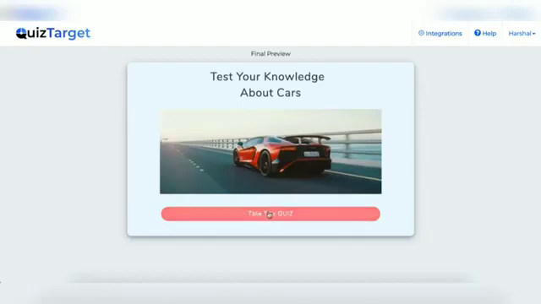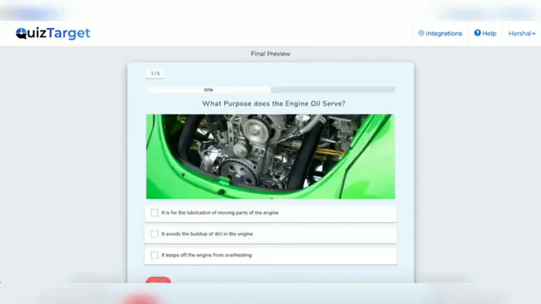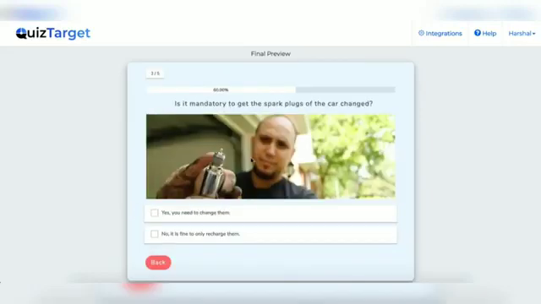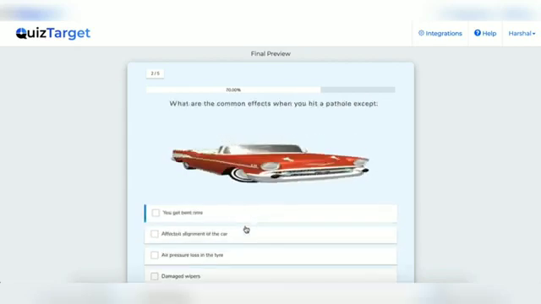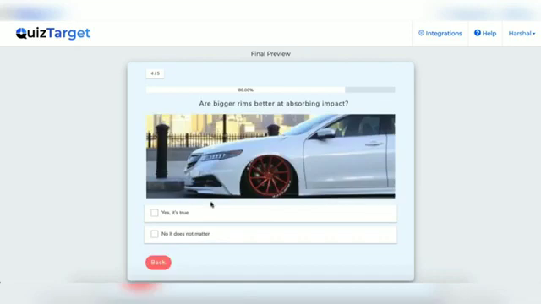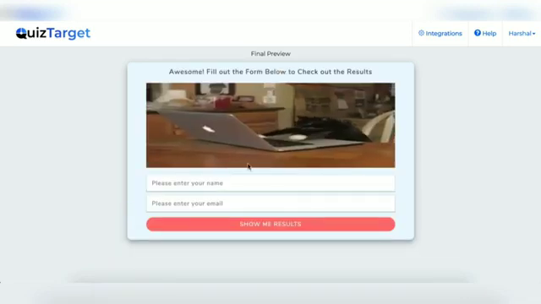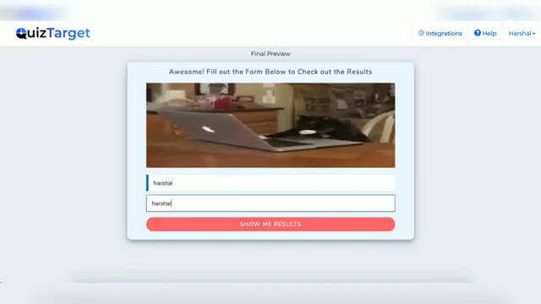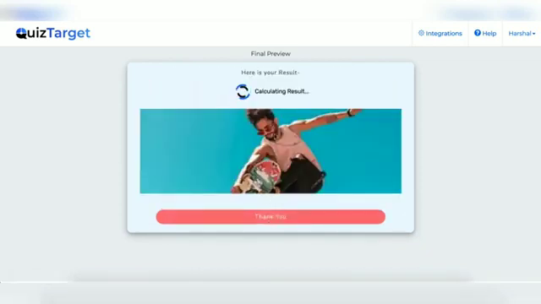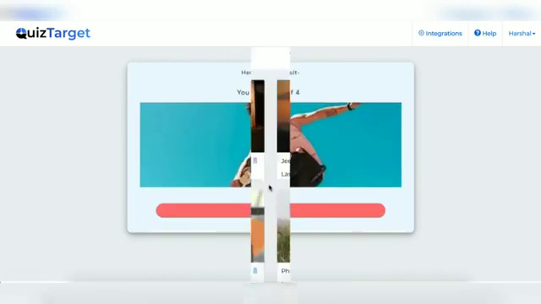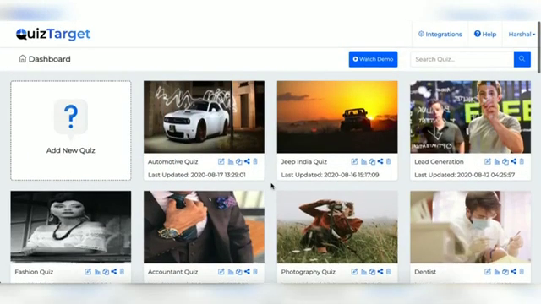Hey, Harshal Jadhav this side, and in this video we'll go over how to create interactive lead generation quizzes that skyrocket leads, boost conversions for any niche using gamified lead generation technology. Old lead generation opt-in forms, welcome mats and pop-ups don't perform well anymore. On the other hand, quizzes engage and capture audience attention and build your list much faster. So let's dive inside QuizTarget to show you how easily you can create lead generation quizzes, get more leads and